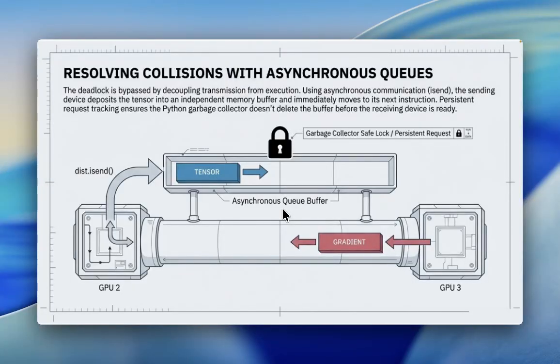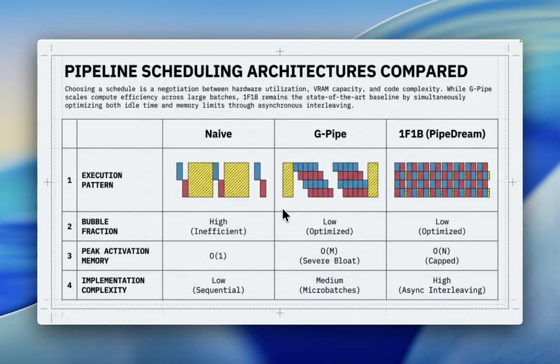Using asynchronous communication, like isend, the sending device deposits the tensor into an independent memory buffer and immediately moves on to the next instruction. Persistent request tracking ensures the Python garbage collector does not delete the buffer before the receiving device is ready. Choosing a schedule is a negotiation between hardware utilization, VRAM capacity, and code complexity, while GPipe